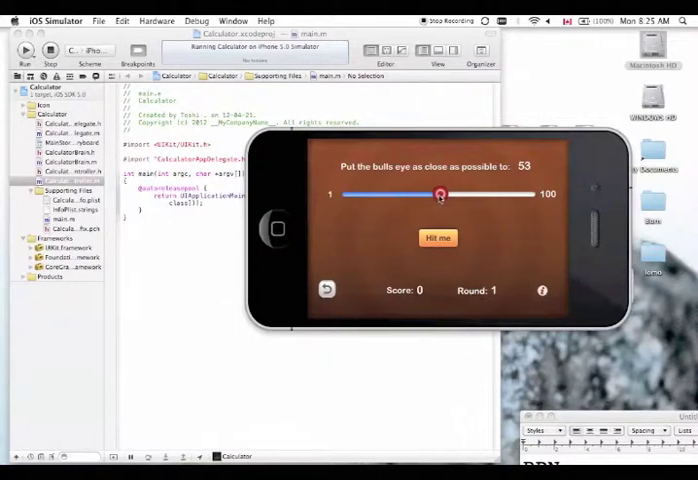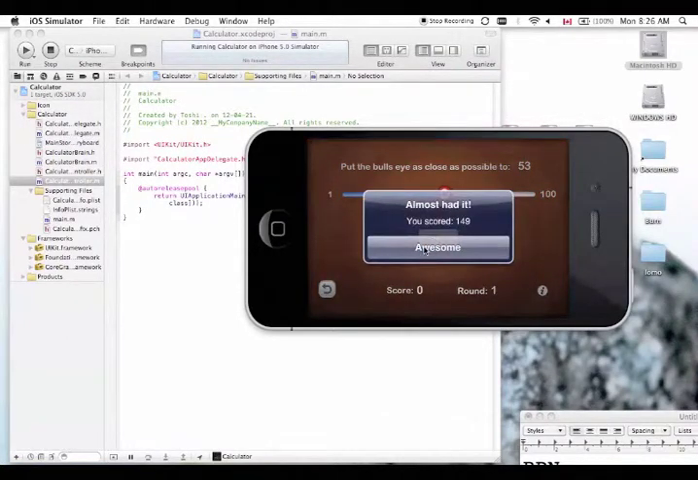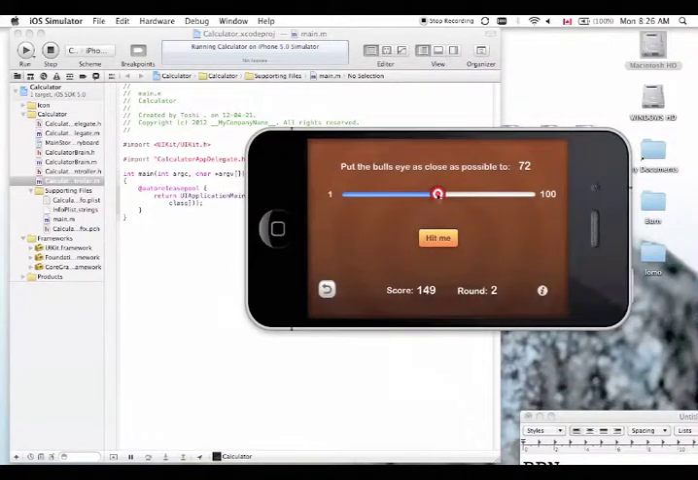So let's try playing. I think this is 50, so this might be around 53. So let's hit. Almost had it. I scored 149. Now how is this score calculated? We just use a very simple algorithm. It's done this way. If I am exactly